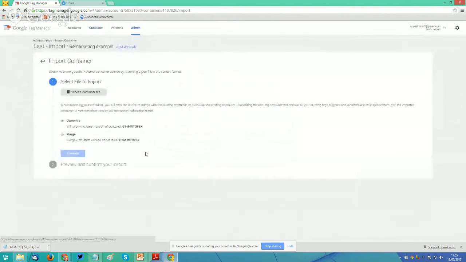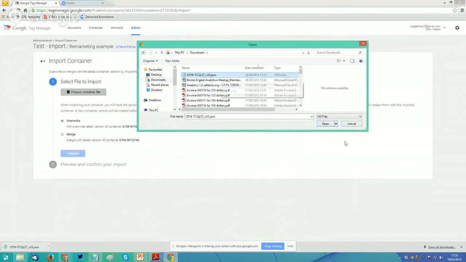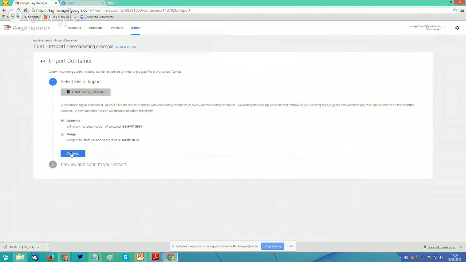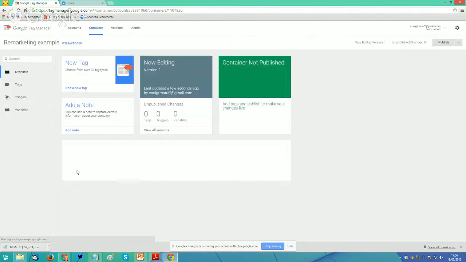Now you can import that file that you've just downloaded. It was v33, and obviously on overwrite mode. I'll wait for it to finish doing that. Now it will display slightly differently when it's in edit mode, obviously, rather than read only.